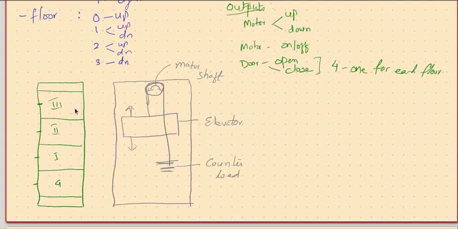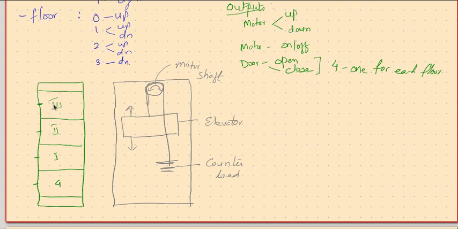Once the door is closed, just wait for the person who entered from third floor to press the in-car keys where he wants to go. So he wants to go to first floor, then he will press 1. Where the cabin is now: third floor. Where it should be: first floor. So should it go down or up? It should go down. Then motor output is given and made to rotate the motor such that the elevator moves downwards.